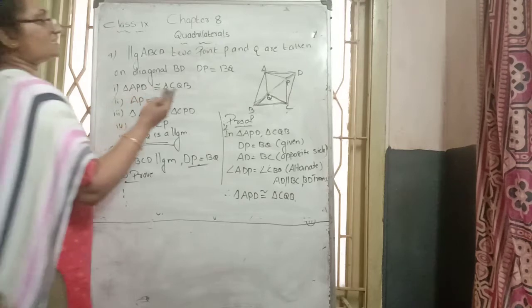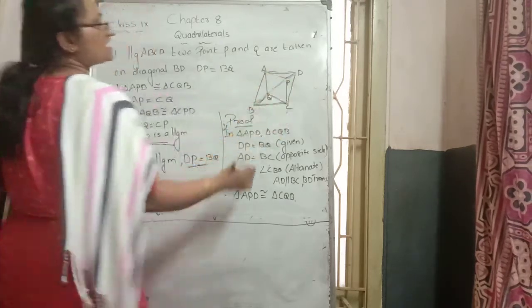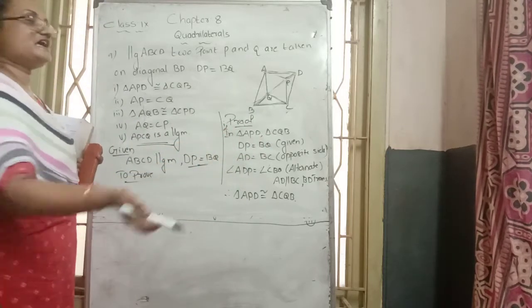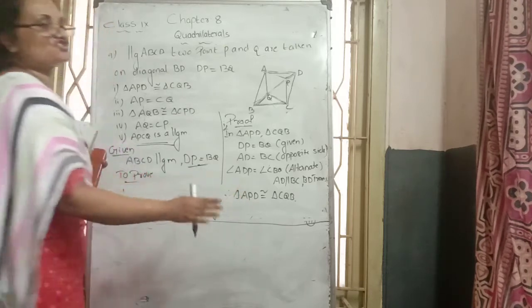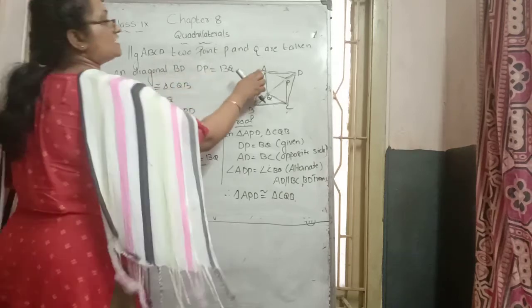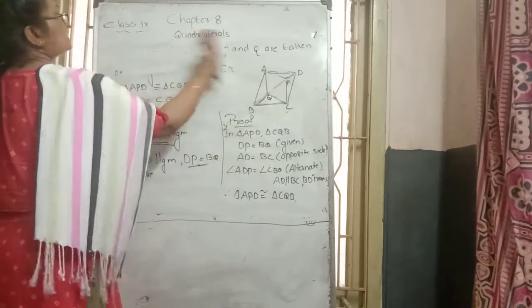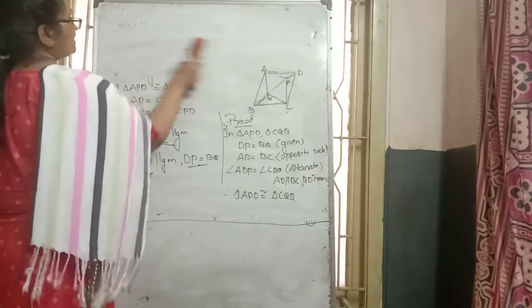AP and CQ. Here, the AP side and CQ side are part of our required triangles. Second case: directly we can write it. How? We just write this triangle congruency and say that by CPCT, the AP and QC sides of those triangles become equal. So that part we can write in that way.